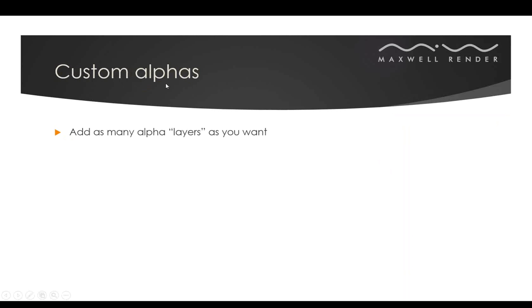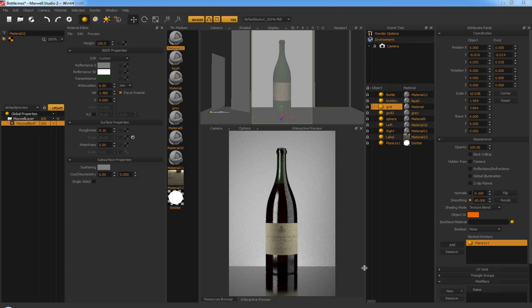Next up are custom alphas. This is another requested feature, and now you can have as many alpha layers as you want. And for each of these layers, you can choose which objects you want to add to those alpha layers. Just to show you quickly how to work with that,